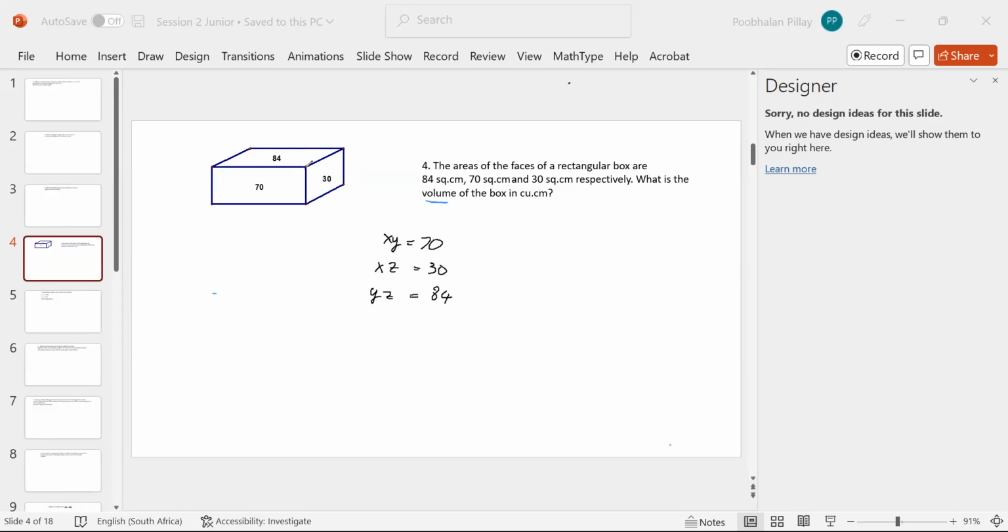Likewise, this number times that is 70, which is x. So x is also a factor of 70. You can see here, x is a factor of 70, and x is a factor of 30 because x times y is 70. So you're looking at a number which is a factor of 30 and also 70. Okay, the number that comes to mind is 10. 10 goes into 30 and 70. But remember, not only 10, but the factors of 10